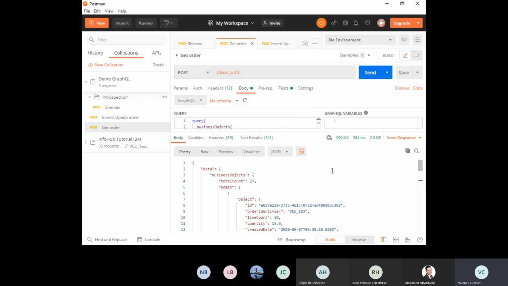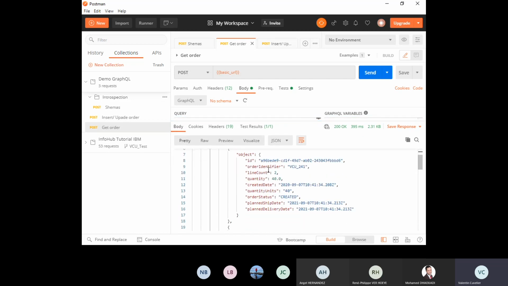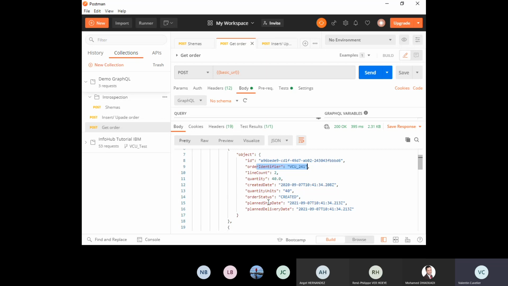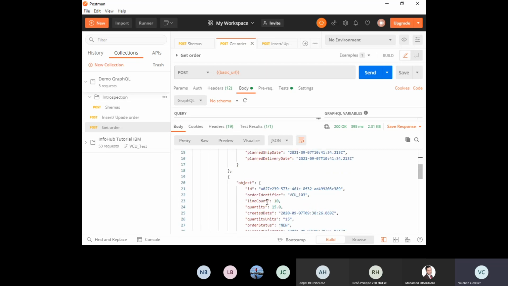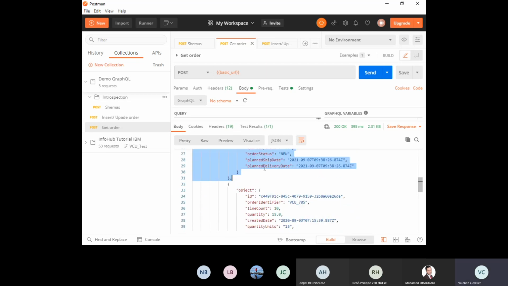So 27, and now also 28. Yes, 28. Perfect. We see that we created a new order, and this order is the last, so it's the first that appears in the response. We have the order identifier and different information about this order, and the previous order that we had before was this. Okay.